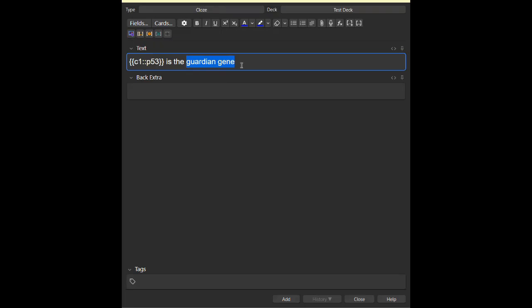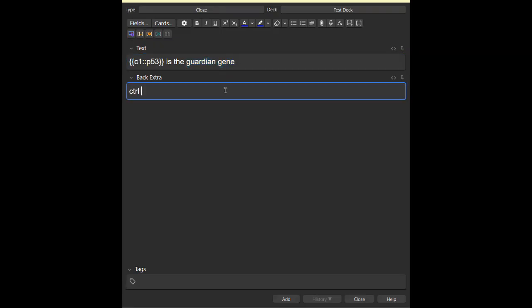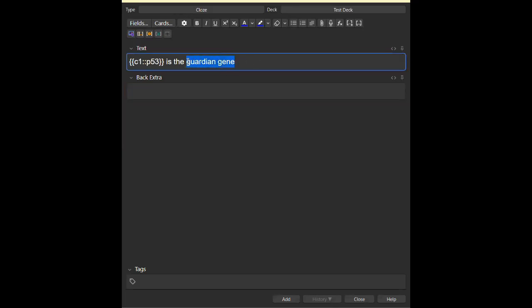There's a shortcut for that. It would be Control plus Shift plus Alt plus C. So know that. So highlight it. Control Shift Alt C. They're both C1. Wow, that's automatic.